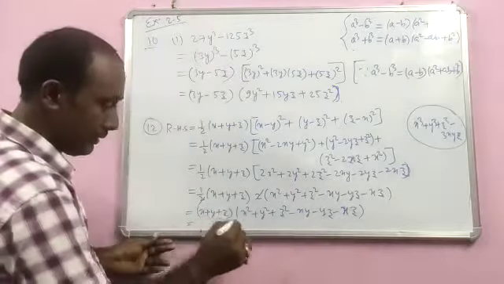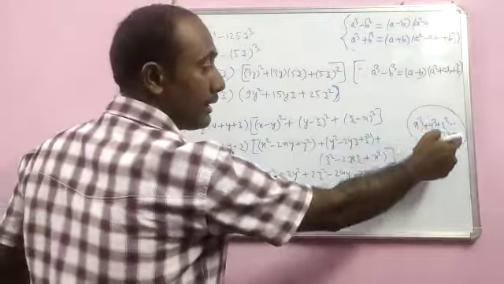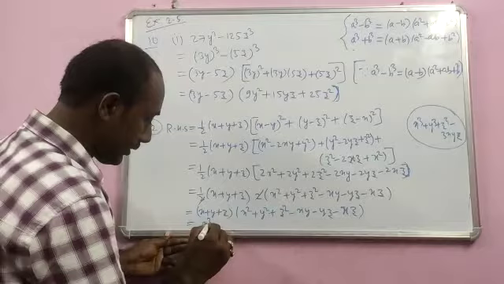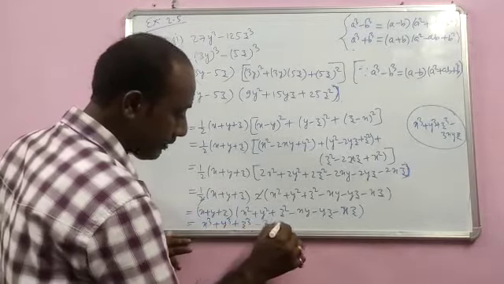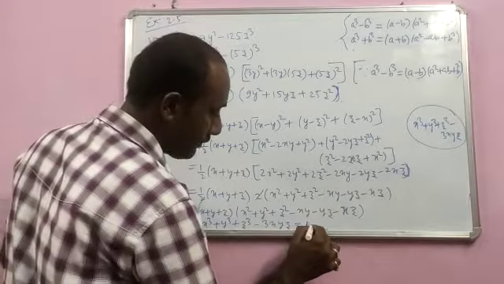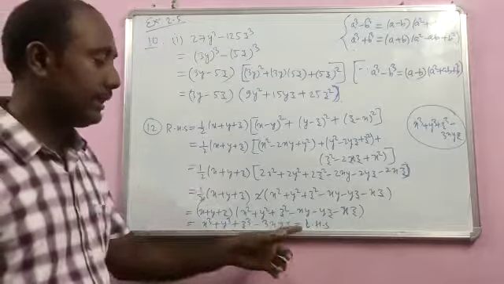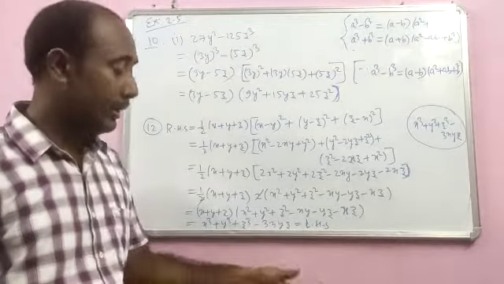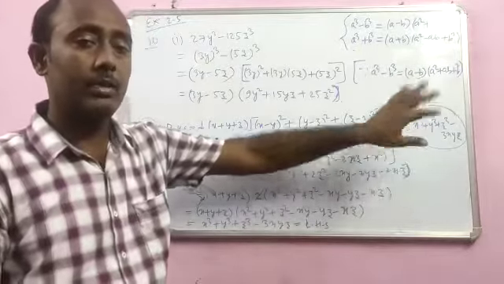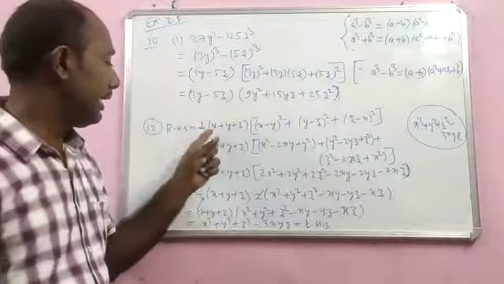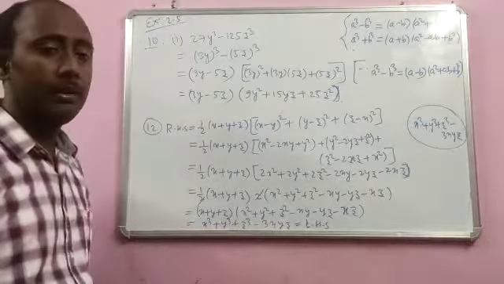Now this is a formula. This formula is for x cube plus y cube plus z cube minus 3xyz. So this is x cube plus y cube plus z cube minus 3xyz, which is equal to the LHS part. So you start with RHS and you will get this LHS part. You can also go for the LHS side first. You start with LHS, go for the expansion of this, and on solving you will get the RHS part. So both ways you can use to verify this particular question.